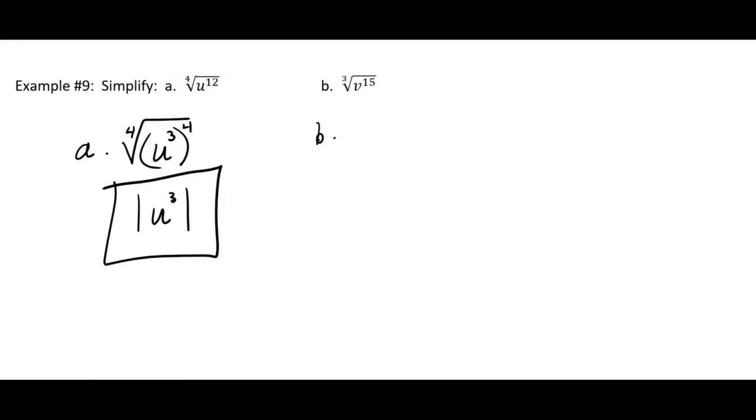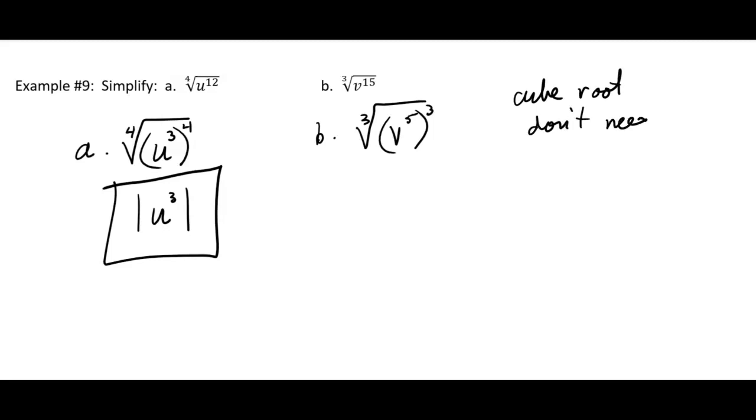Part B. I think of it as the cubed root of v to the 5th cubed. So hopefully that's getting a little bit easier for you. And then I think, oh, I don't need the absolute value because it's a cubed root. Okay, so cubed root, don't need absolute value. So it's just going to be v to the 5th. Okay,